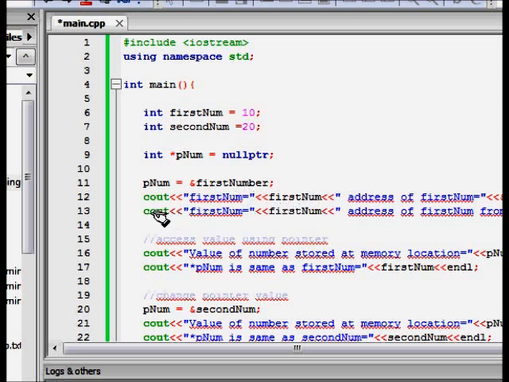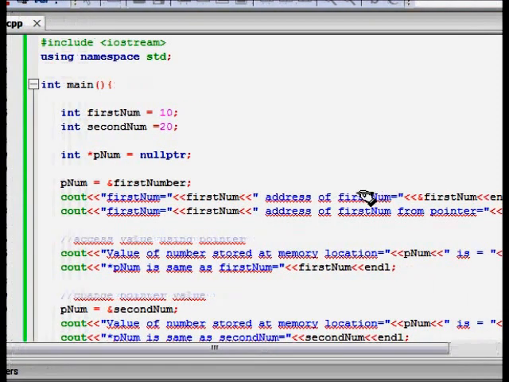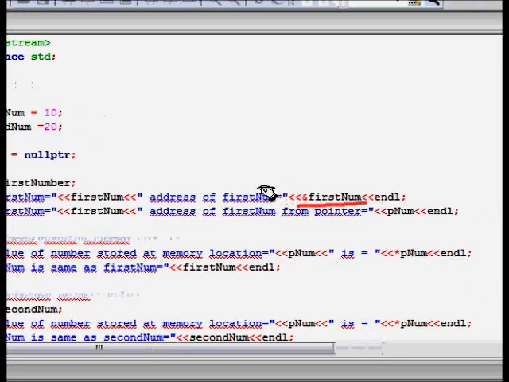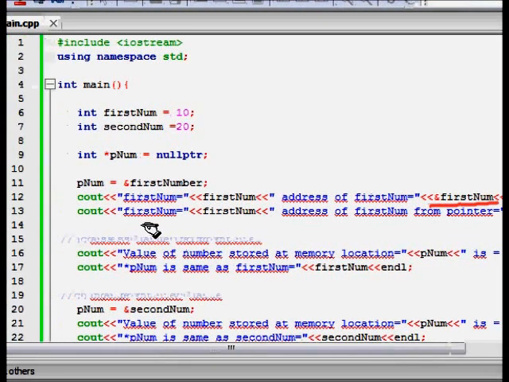Then I print the value of firstNumber, and the address where it is stored, &firstNumber.